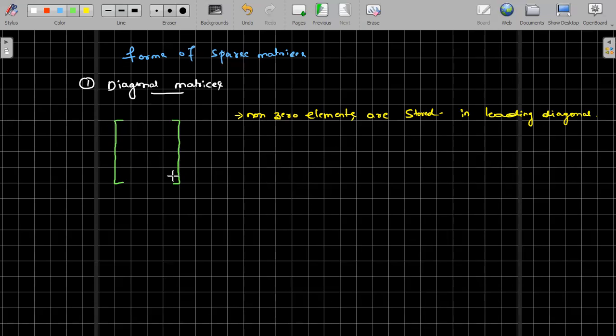I will write this 4 cross 4 matrix so that we can get a very clear view of diagonal matrices. Whatever non-zero values you see will lie in a diagonal way. So 1, 2, 3, 4. I will change the color so that it looks better. Okay, so 1, 2,